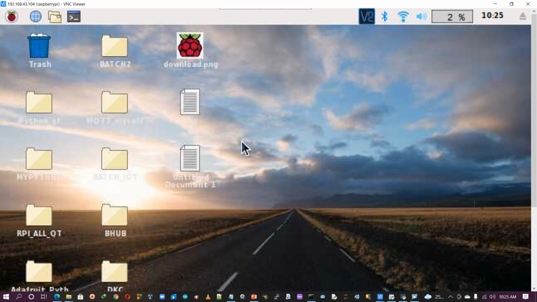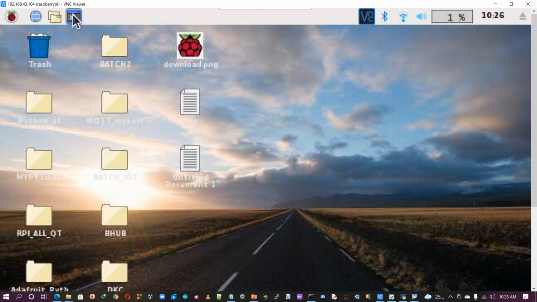Yes, we are getting our Raspberry Pi on my Windows machine. What's the difference you are watching from the previous PuTTY and through the VNC? It is the graphical method. In PuTTY you don't have the graphical interface, only the command line interface, which means each and every task you have to do by typing commands. But here in the VNC, I have both ways: the graphical interface as well as the command line interface.